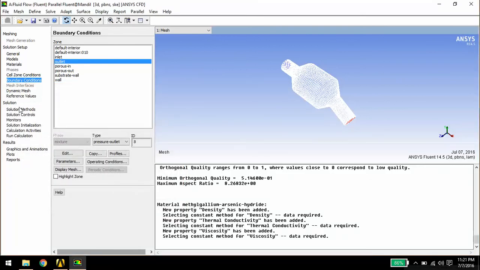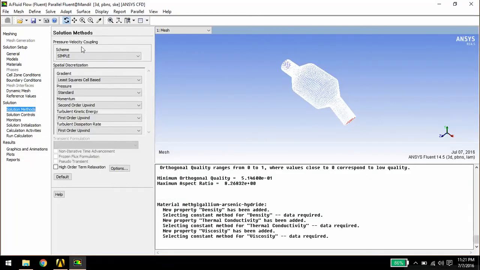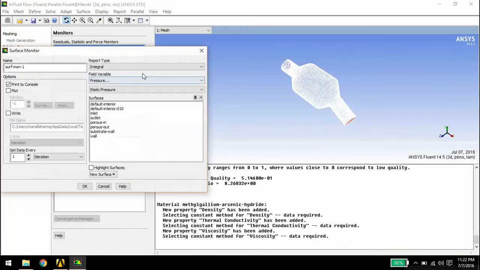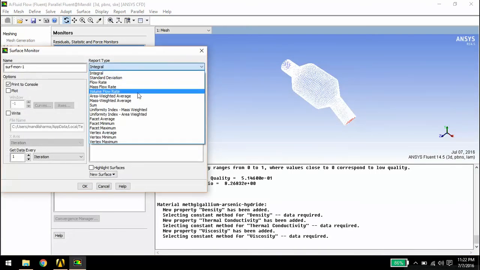Then go to solution methods and click here SIMPLE. Then go to monitors and create one. Let's take mass flow rate.